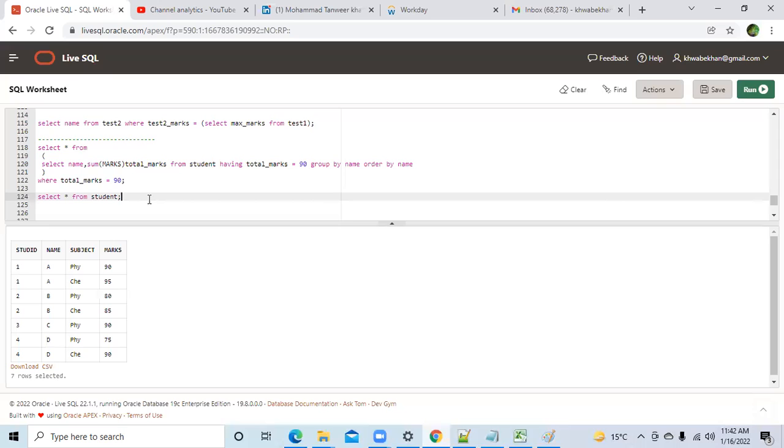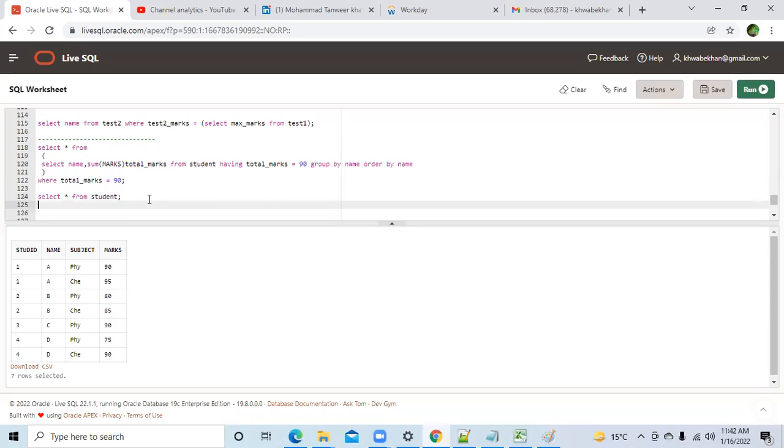Just one more last question I will do, and then I will close the session. Just give me 5 minutes of time for the last question I want to do. See, CTE expression I have taught you with a complicated example, but in general, in all the classes, first of all I take a very simple case, and then I teach CTE expression, then I go to the complicated ones.